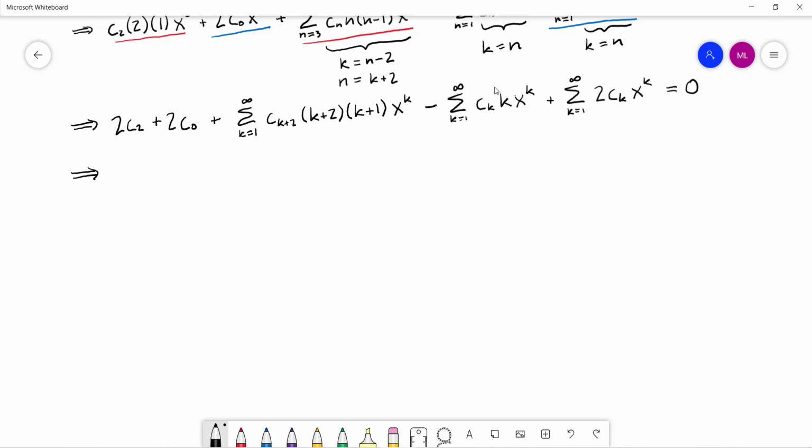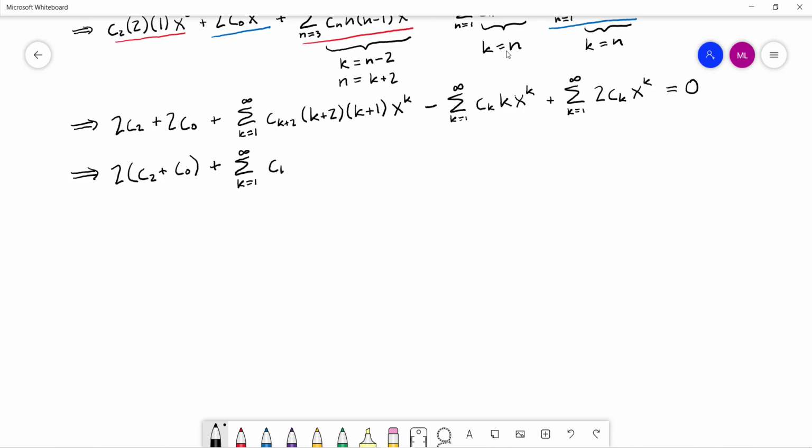It's just a bunch of ugly algebra, so let's group these ones together. I got c2 plus c0, factor the 2 out, there's our constant sitting out front. And now comes our single sum. I'm going to combine these all into a single sum. K equals 1 to infinity. They have the same index, and they all start with x to the first power. And so I'm going to group them all together, factor out the x to the k, and we